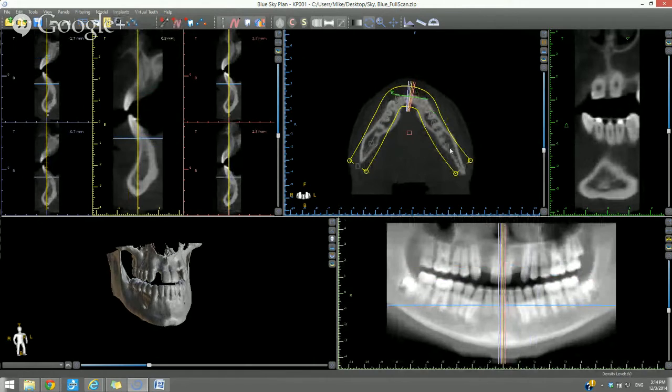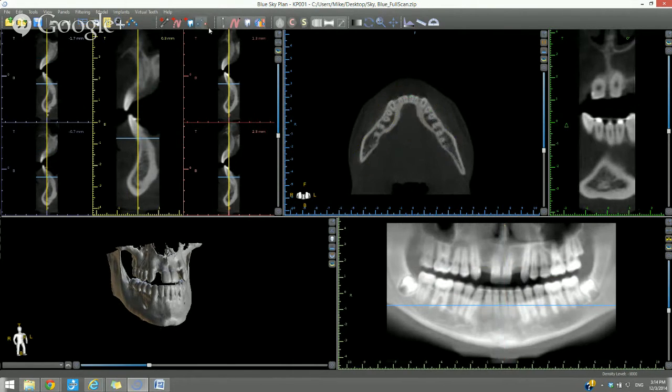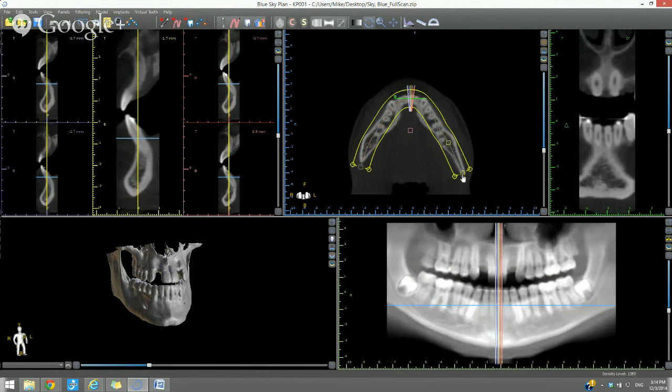If you want to modify the placement for either one, you could just go ahead and modify the placement by grabbing any of the squares. And if you want to redraw the curve, that's a possibility as well. In some situations, you might just decide that you want to draw your own curve. Drawing your own curve is done right here by going to draw a dental curve. Then you just run around the arch, placing dots. The software connects the dots and draws your panoramic curve. When you get to the end of the curve that you draw, you could go ahead and double click,